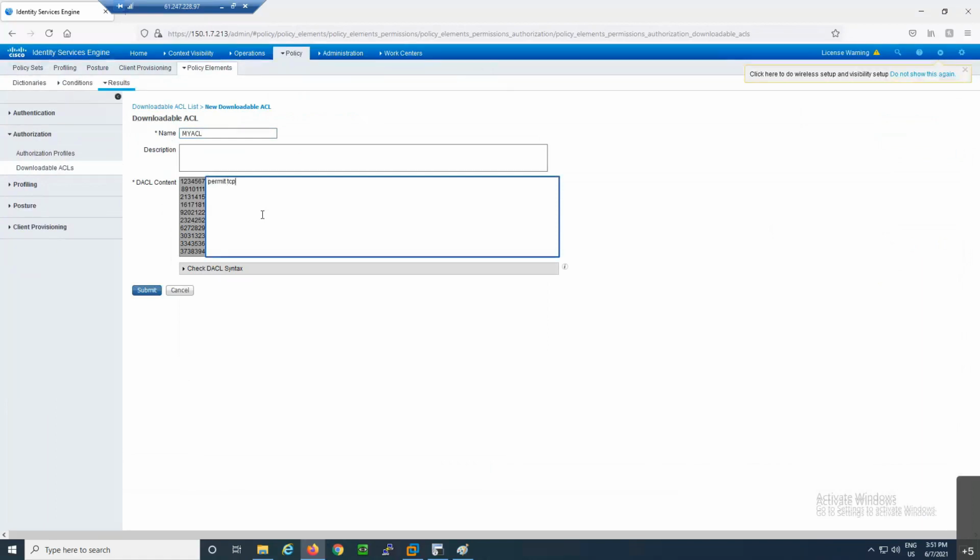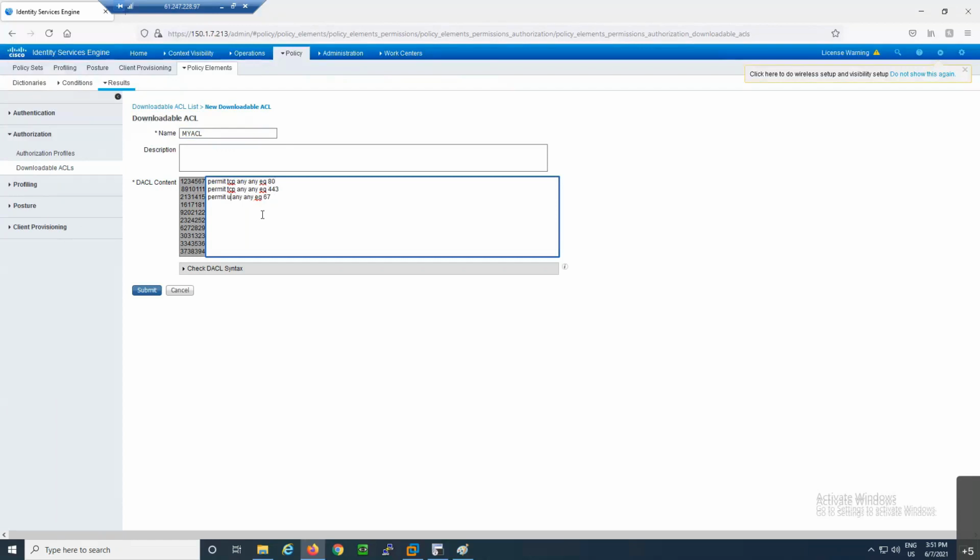permit TCP any equal to 80, web traffic. 443. 67, and here I will take UDP for DHCP.